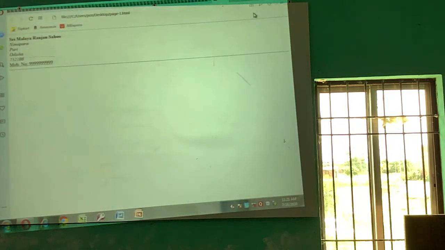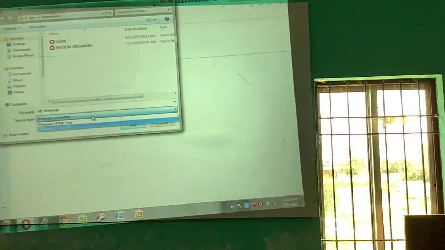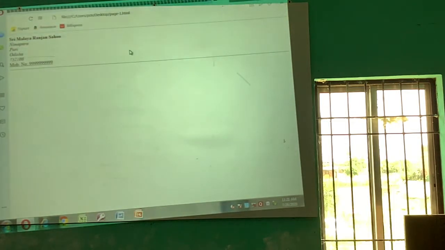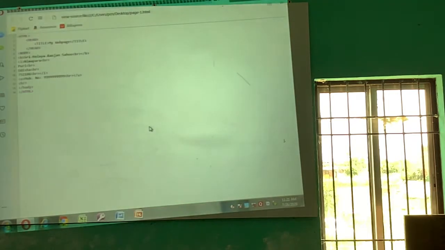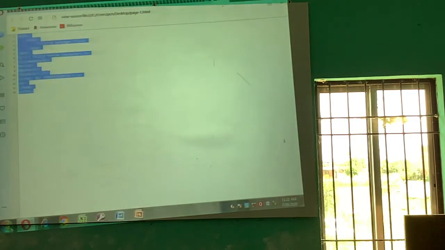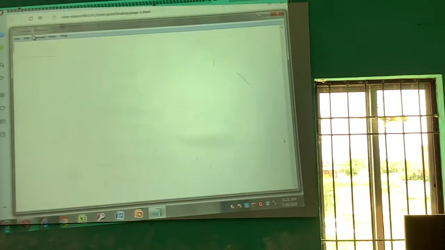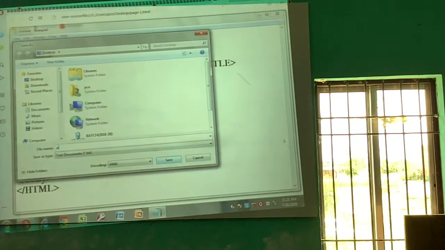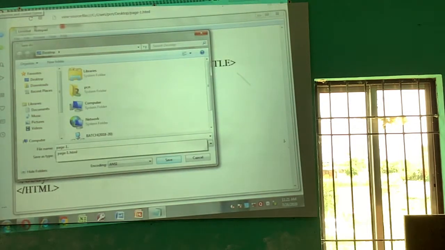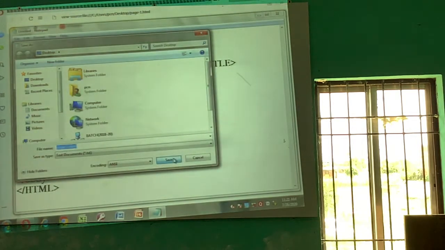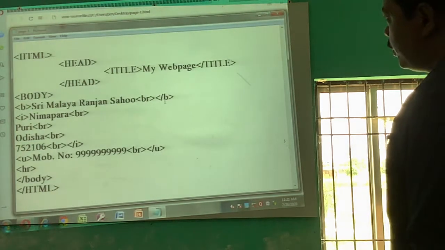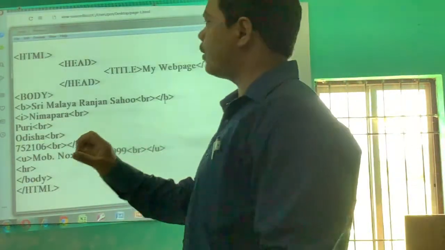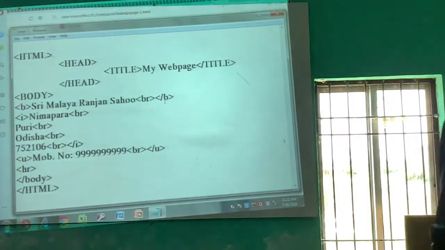And suppose you want to scroll your name in the browser window, or scroll something.